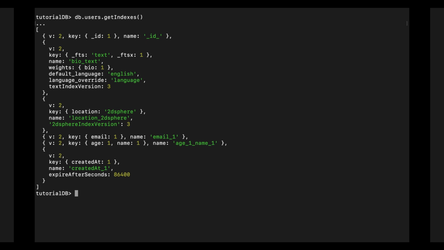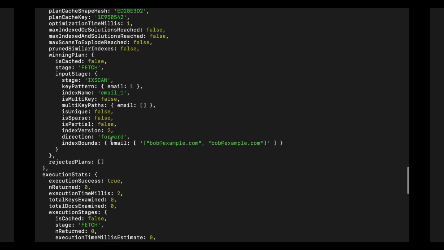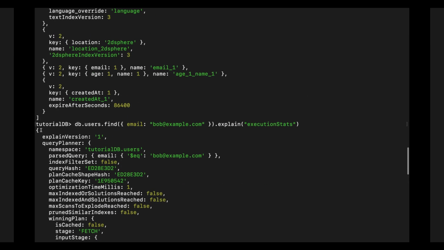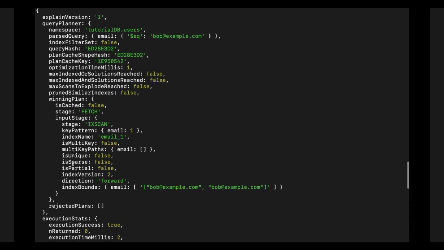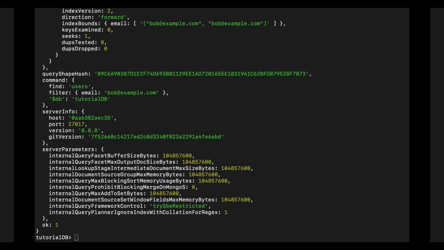You can also check all the indexes that you have already created so far. So this will give you all the indexes. And if you want to analyze any query performance, then you can just use the explain function. Basically, if you add explain in front of any query, then it will give you the statistics about this particular query. And if you go down, you can see the stage equal to IXSCAN, which tells you that indexes have been used. So this is all about the indexes.